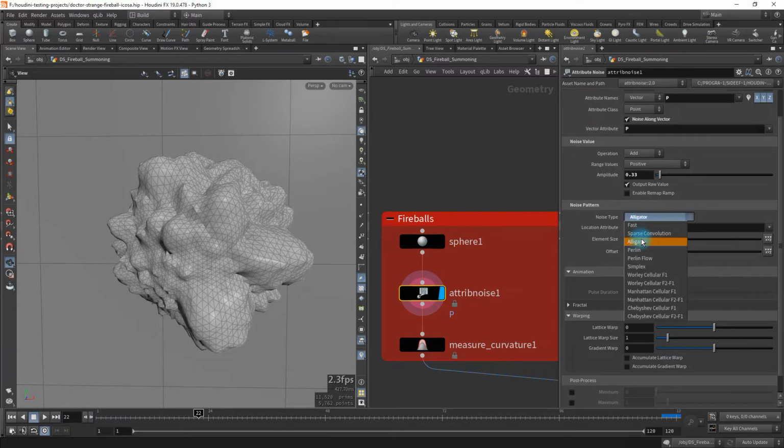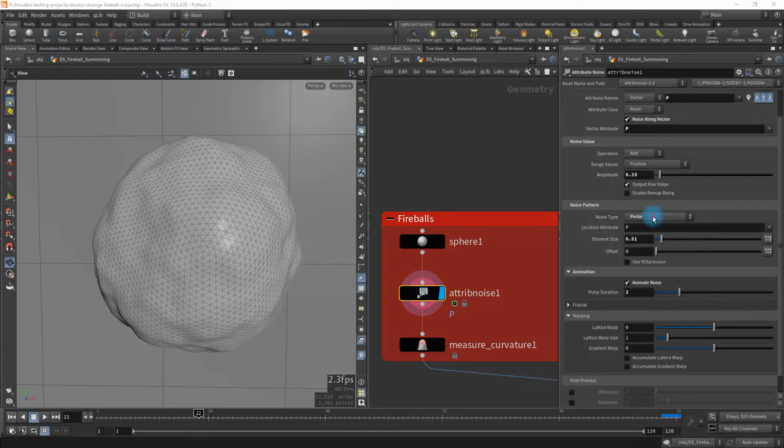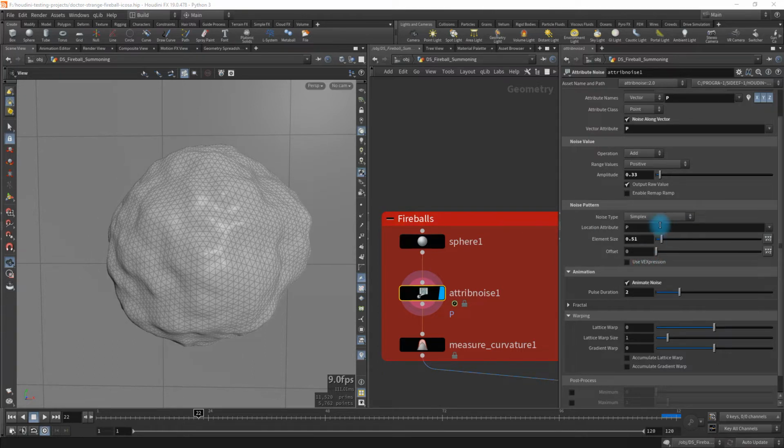Yes, the first three noise types, fast, sparse convolution, and alligator, do not have the ability to have them animated over time. You would have to manually do expressions in the offset to make that work. That's a little bit beyond the scope of this video. I'm going to change this back to what I had it as, simplex,